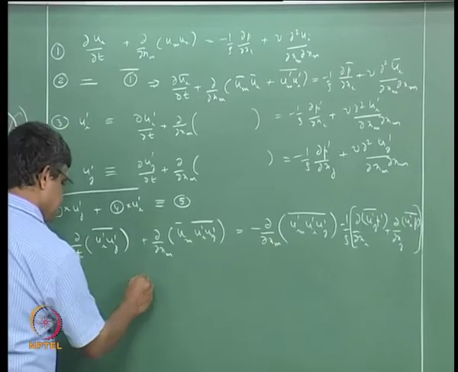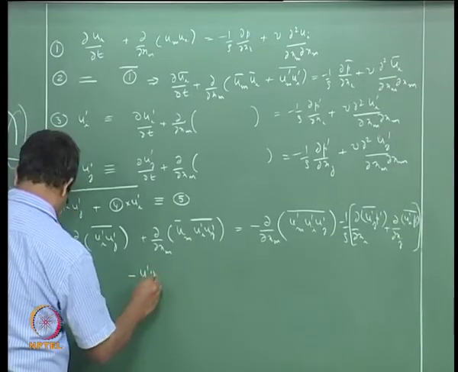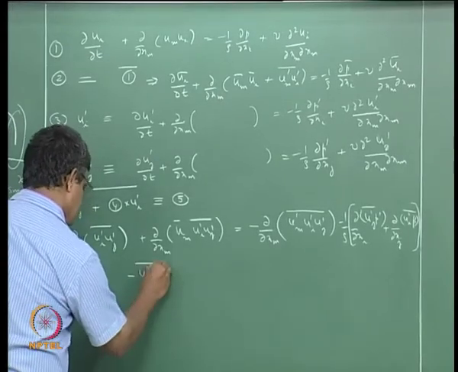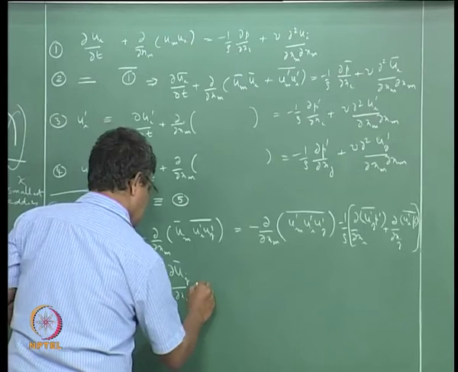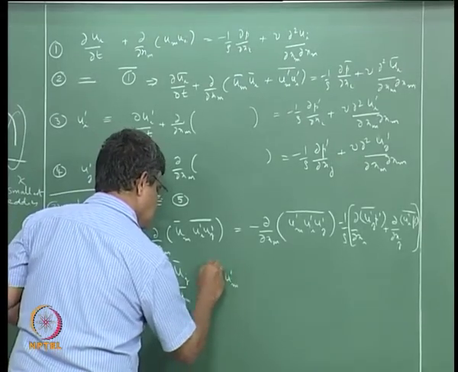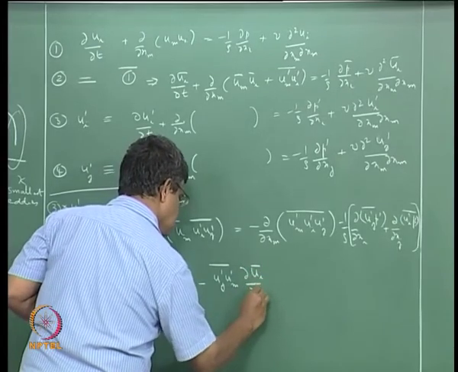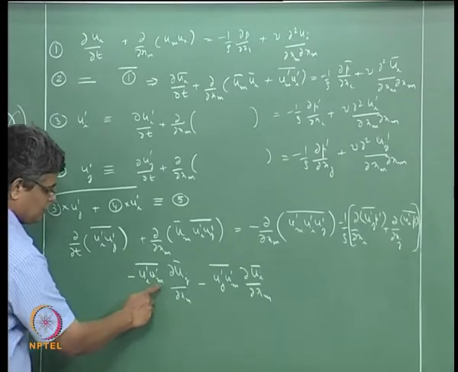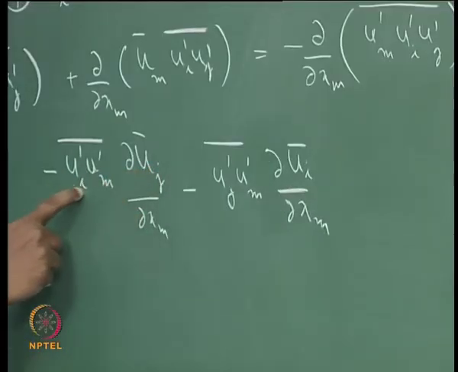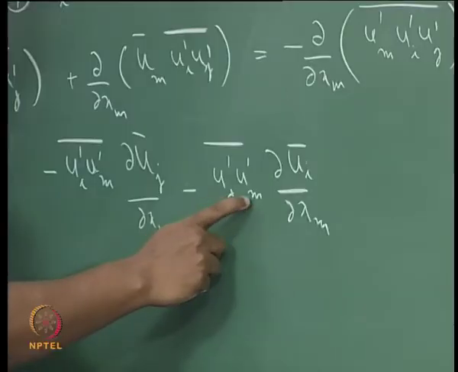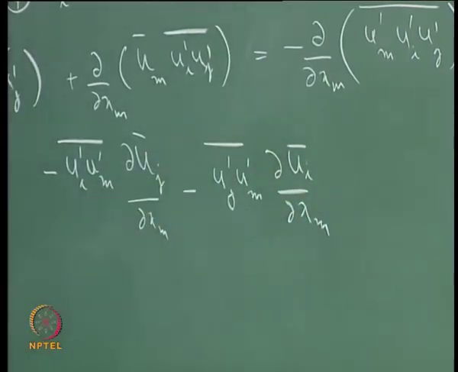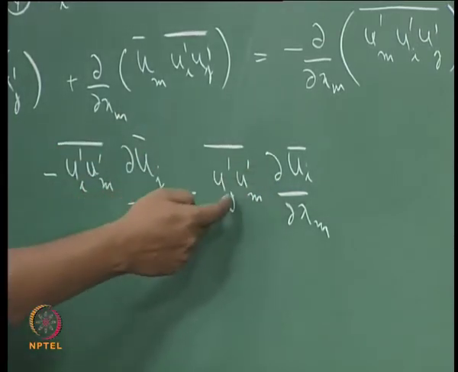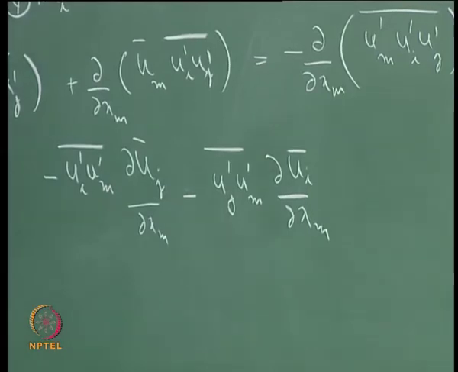And then we have minus ui prime um prime of dou u j bar by dou x m, so this is i here and this is j, and this is the mean quantity and this is the fluctuating quantity. And similarly here we have j here and m, of course, this is the fluctuating quantity, and here we have the mean derivative. So this is the mean velocity derivative, multiplying a turbulent stress component. So these terms will appear,